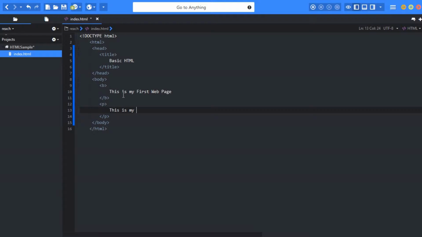This is my first web page. I'm going to save this web page. So now we will go ahead and execute this HTML code. To do that,